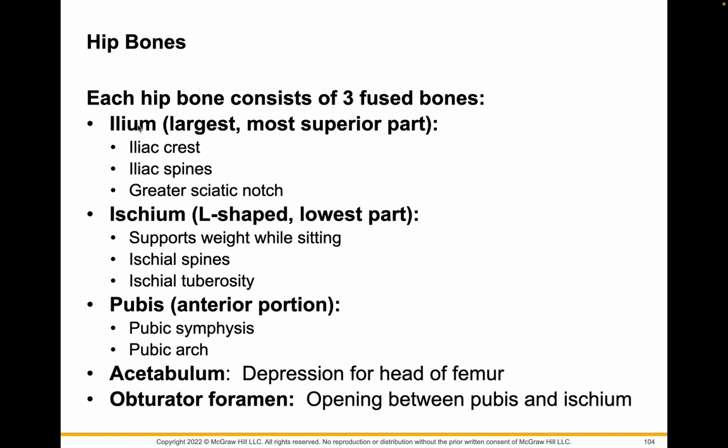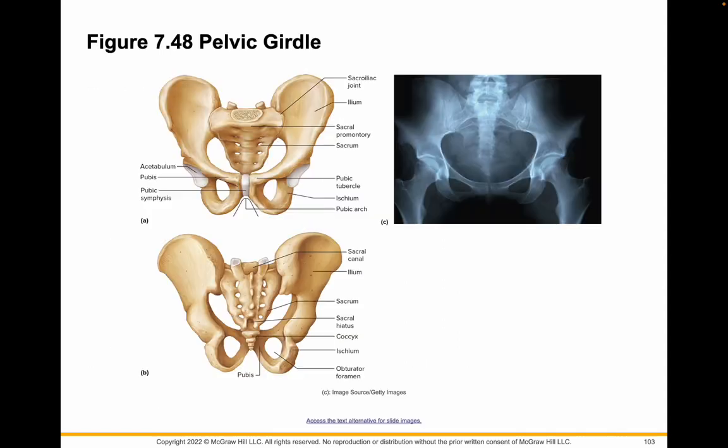So it talks about ilium, ischium, and pubis. The acetabulum is where the head of the femur binds, and that's this part right here. Notice it's got hyaline cartilage because we're going to have articulation here. This pubic symphysis holds these two pubic bones together, and I have heard of somebody this breaking, and these bones